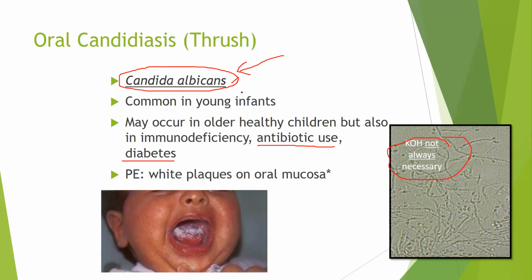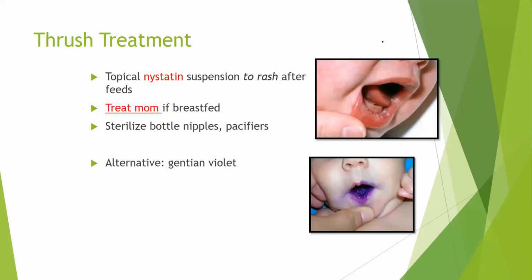A good way to prevent that is basically sterilizing the bottles and sterilizing the pacifiers. Also, if mom is breastfeeding, you need to treat the mother. So the treatment is a topical nystatin suspension to the mouth. Also, there's a one-time dose of this gentian violet, which turns their mouth this really purple color, but is highly effective at eradicating